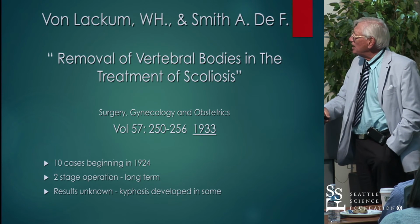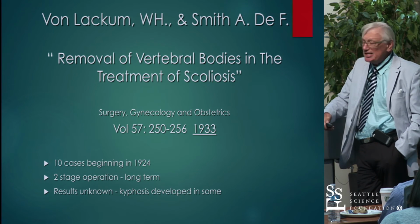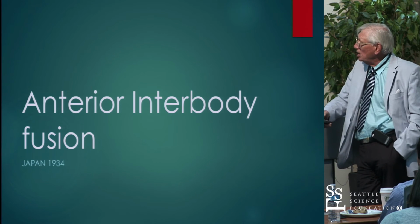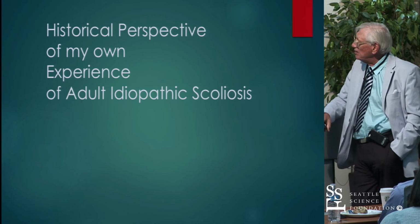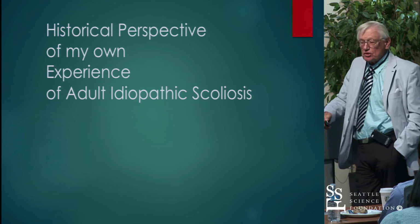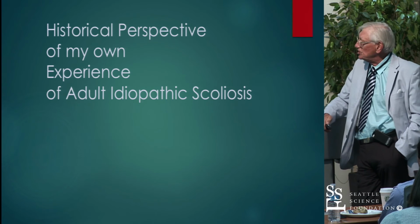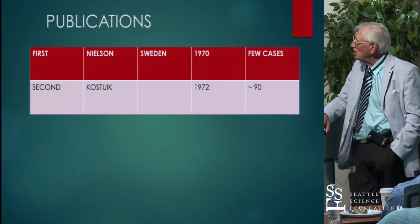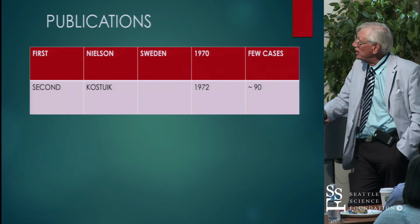In the US, von Lockham from New York and other people talked about removing vertebral bodies as early as 1933 and was published at that time. Japan introduced anterior interbody fusion in the lumbar spine, and that was their contribution. From my own viewpoint, adult scoliosis, only the occasional case would be done prior to the late 60s. Nielsen from Sweden published a few cases, and I published 90 cases in 1972, which began the era of adult